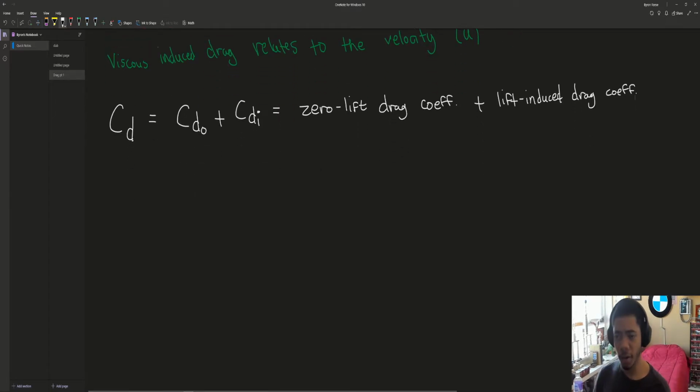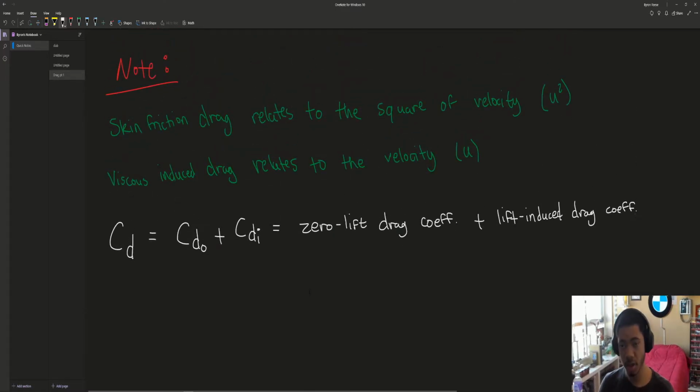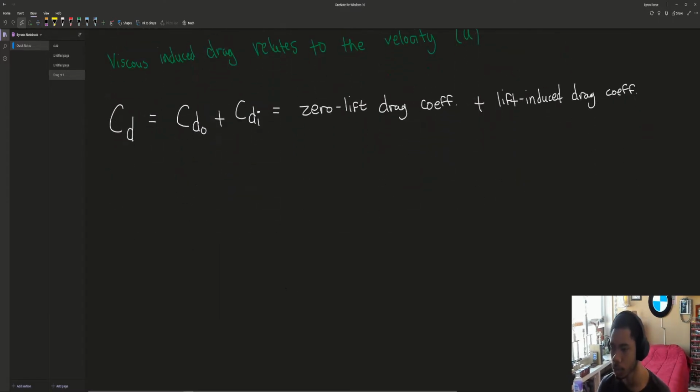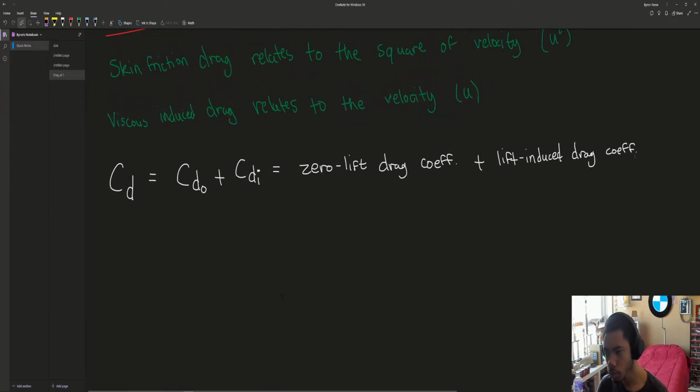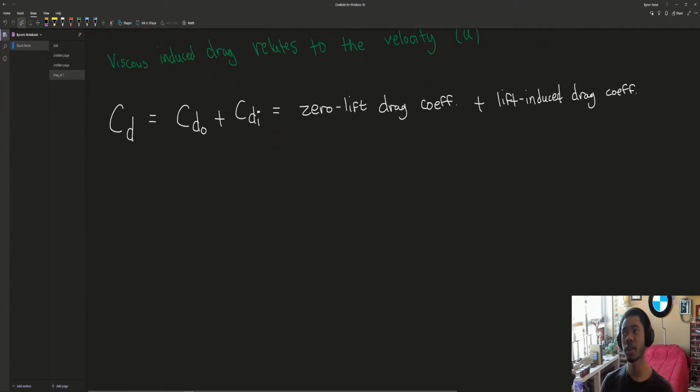Now, the zero lift drag coefficient is simply that: the amount of drag you get without generating any lift. And the lift induced drag is the drag you get due to that lift being created. So for an asymmetric airfoil, for example, at a single angle of zero lift, that would be a fine way of calculating something like that. Now, in order to calculate CDI, which is what we care about right now, since we're talking about induced drag,